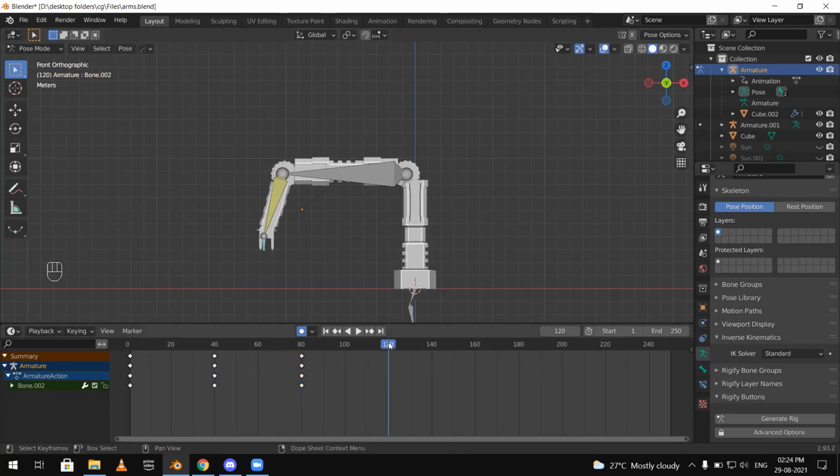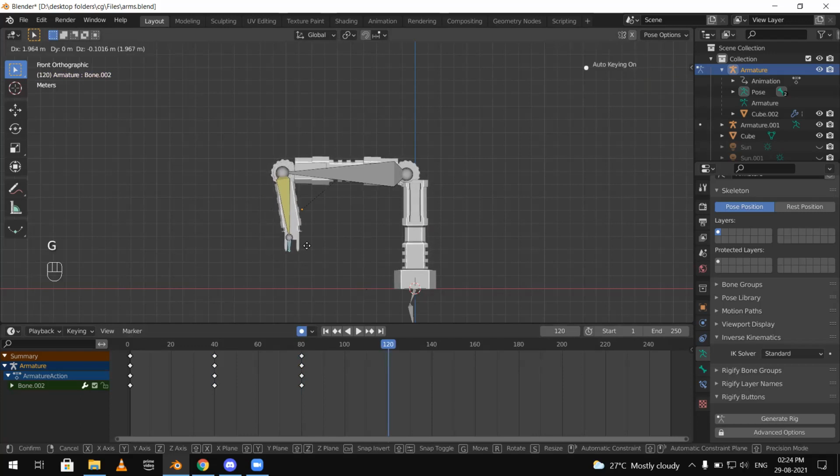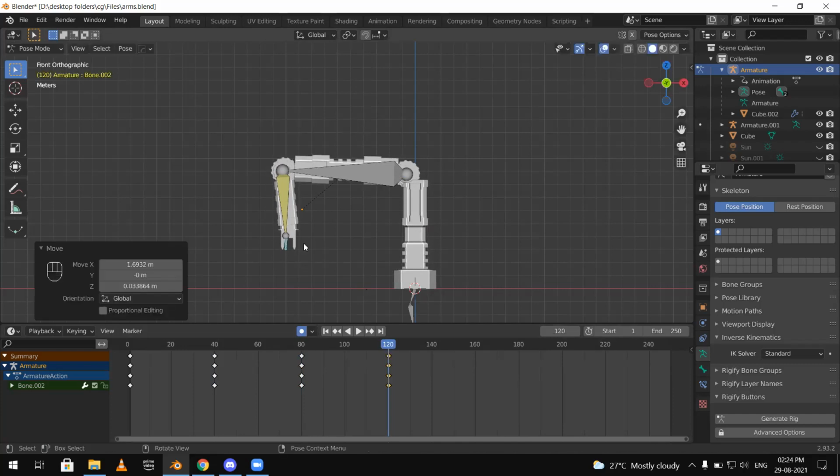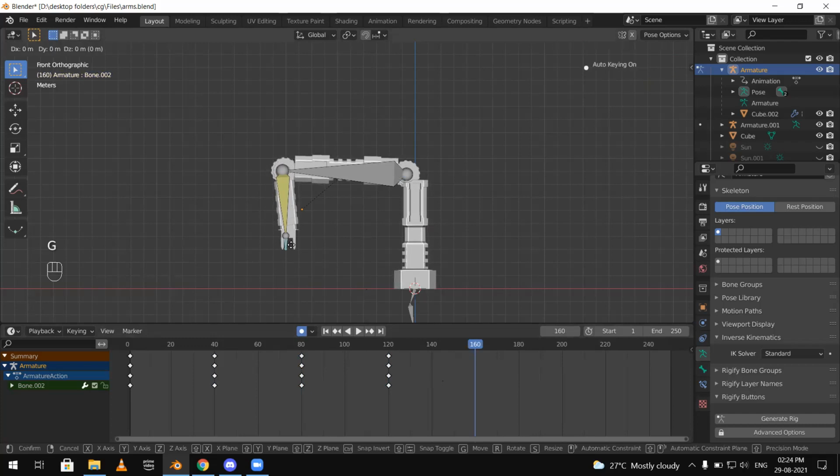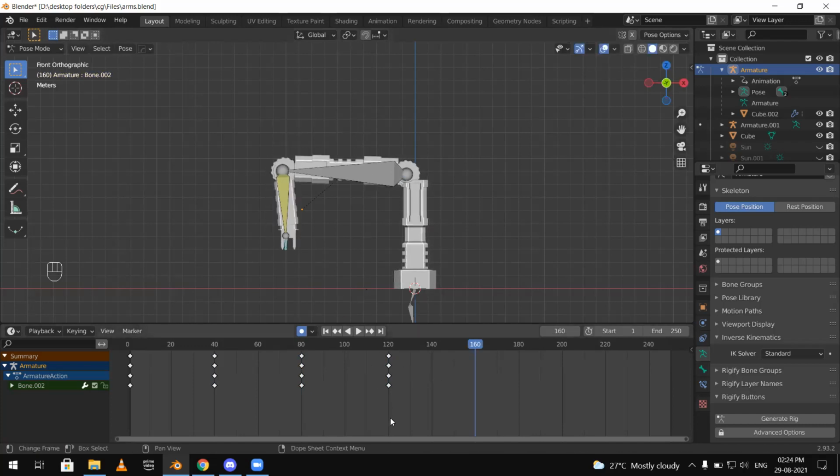It's not like I am animating a complex leg movement cycle or running cycle. So this should be easy enough for you to understand what I'm going to make the end product of. I'm basically skipping 40 frames each. Now, on the 120th frame, I'm going to make this one as the middle of my animation.